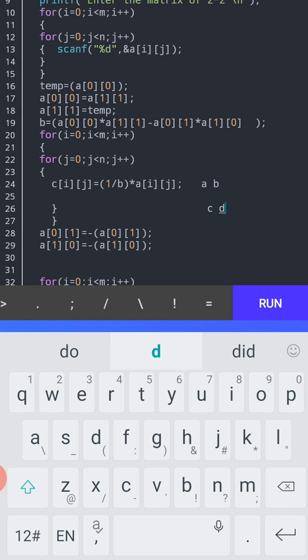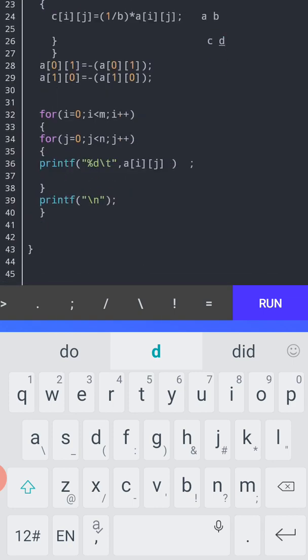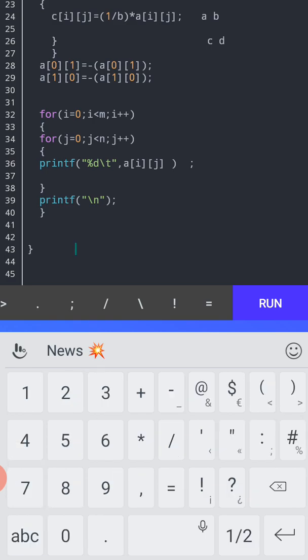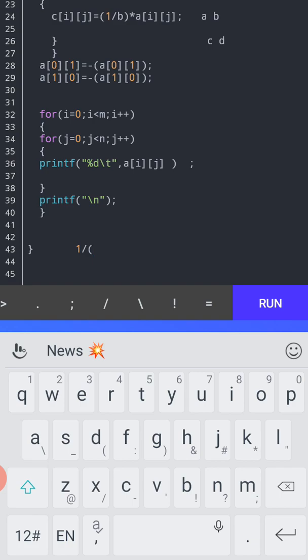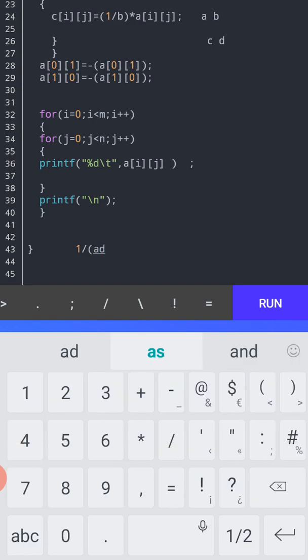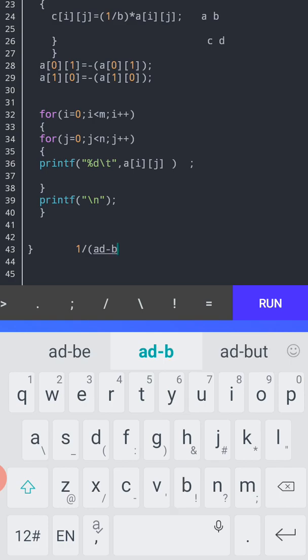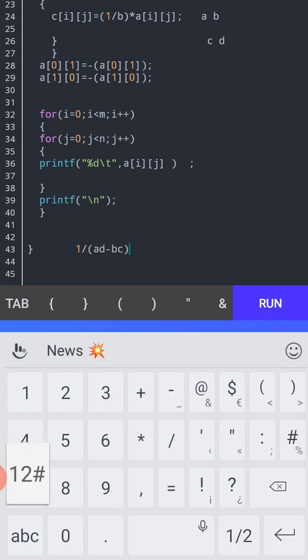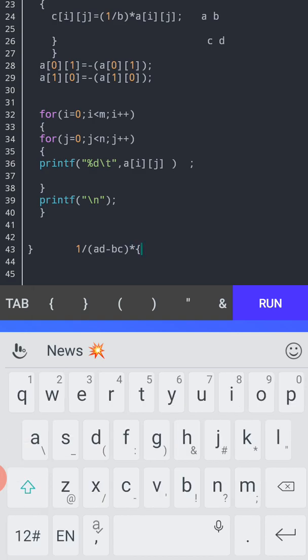For doing this, we know the formula to find the inverse, that is 1 divided by AD minus BC according to the example, and next it is to be multiplied with a matrix in which we consider